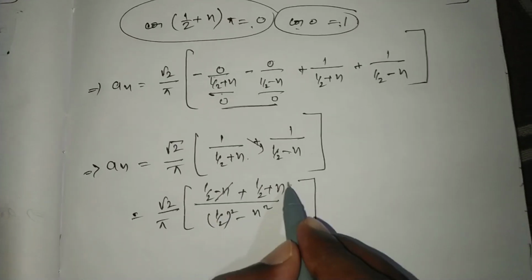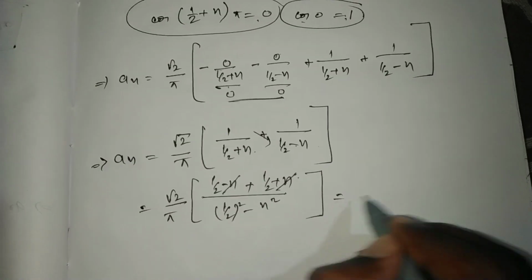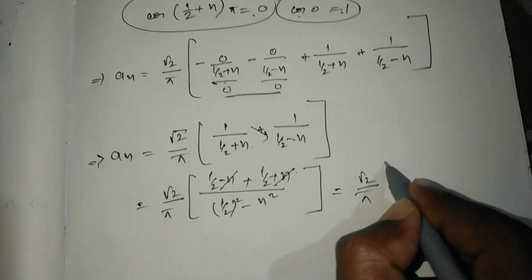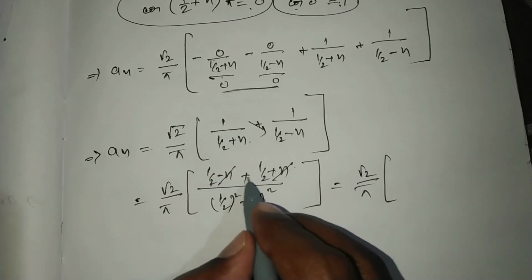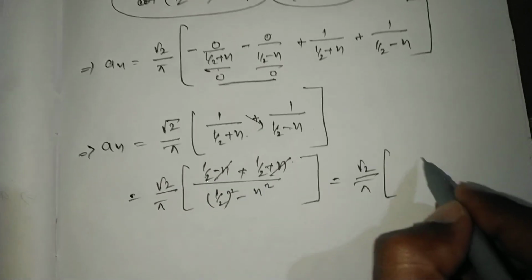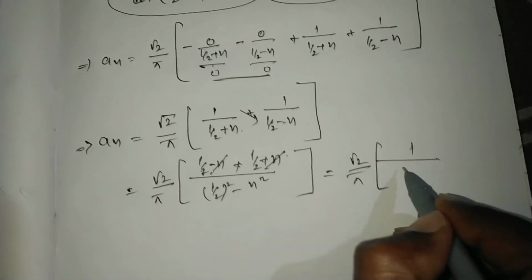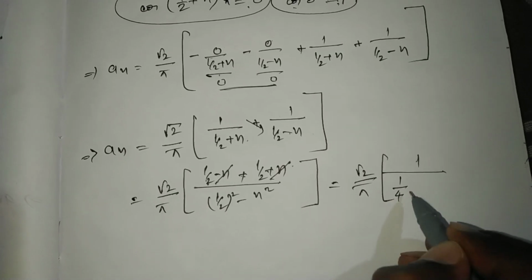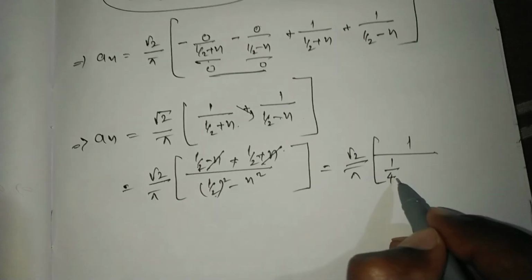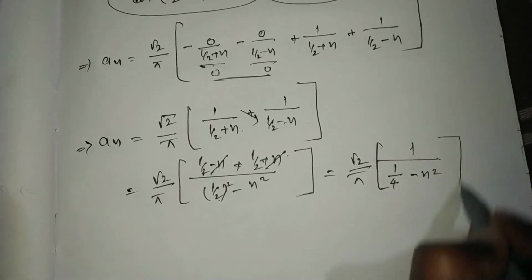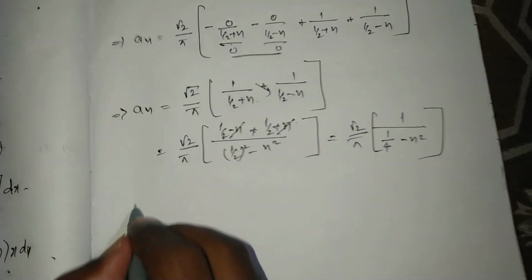See here, negative n and positive n cancel, the remaining is root 2 by pi whole into 1/2 plus 1/2. Over a square minus b square, that is 1/2 whole square, which means 1/4 minus n square. Therefore,